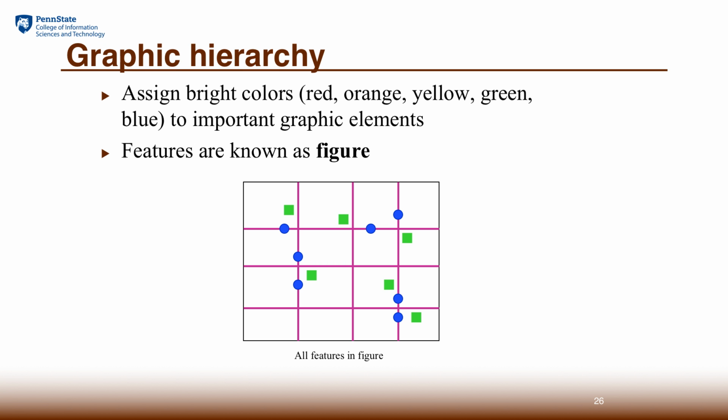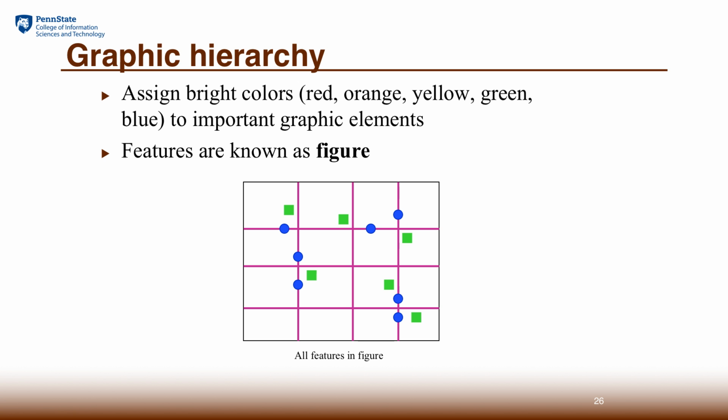So we have mentioned the design of symbols for points, lines, and polygons as if they are different individual themes. However, in your map, you may have many different themes that need to be composed together. In this case, there's also a correlated decision on which layer should be highlighted, which layer should be put in as a background. So we have this concept called graphic hierarchy, which basically emphasizes that you should have a good design of the figure and ground in order to make a map very pleasing and functional.